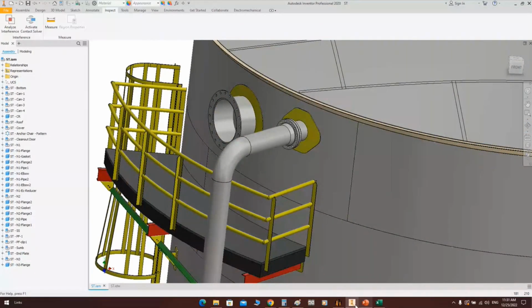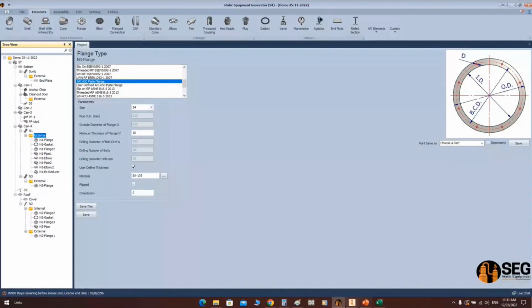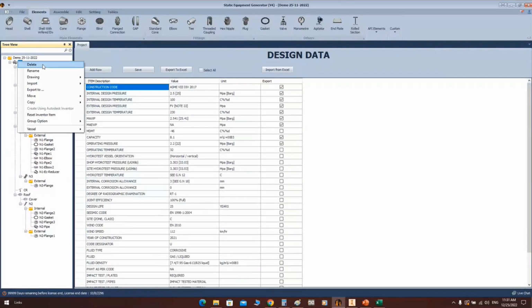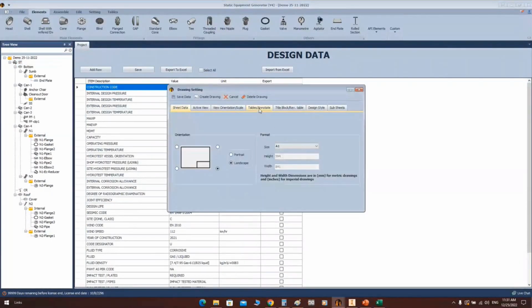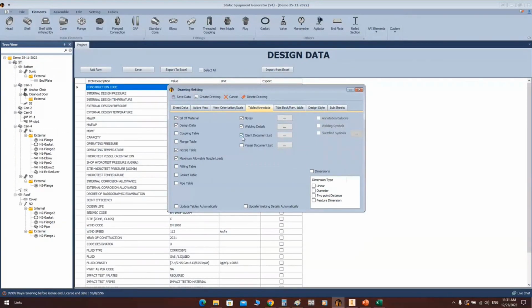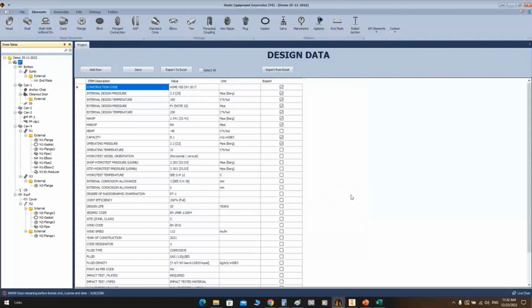okay, let's update the bill of material and design data table. So from here, from drawings, let's select create drawing, and from tables annotation, let's keep the required tables only. We need to update the bill of material, design data, nozzle load, and maximum allowable nozzle load. We need to select this checkbox, which is update tables automatically. If you select this checkbox, SEG will update the selected tables. So if you click on create drawing,